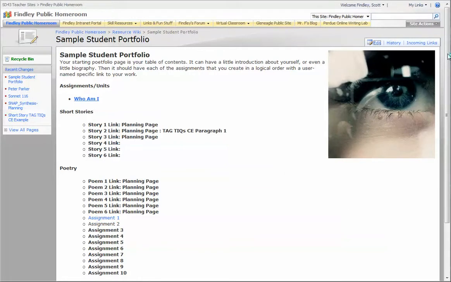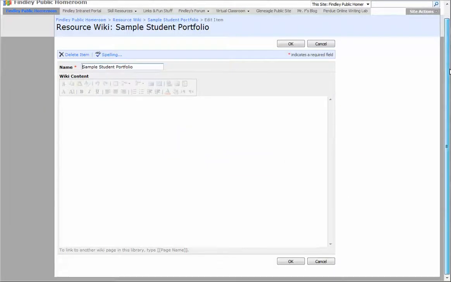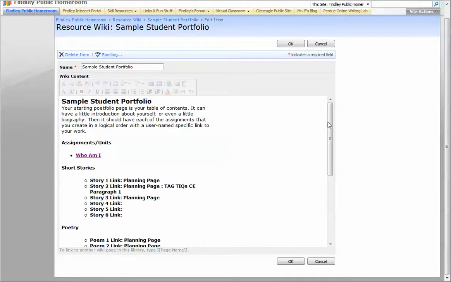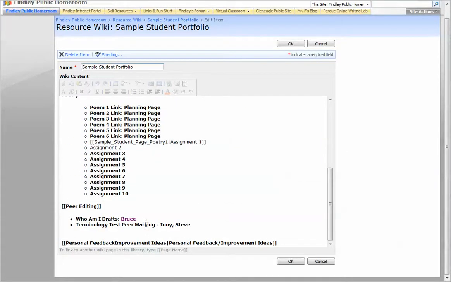And where I have my section for peer editing, I'm now going to add in, since we have the assignment already noted there that it's the Who Am I second draft, so the Who Am I drafts, I'm going to put in that I've got my next one, which I'm doing Peter. And so I select Peter's name,